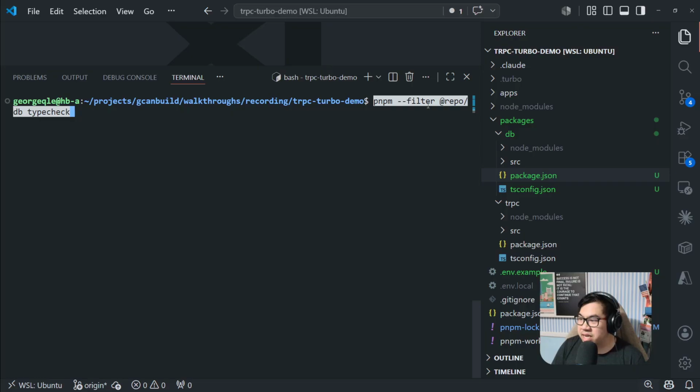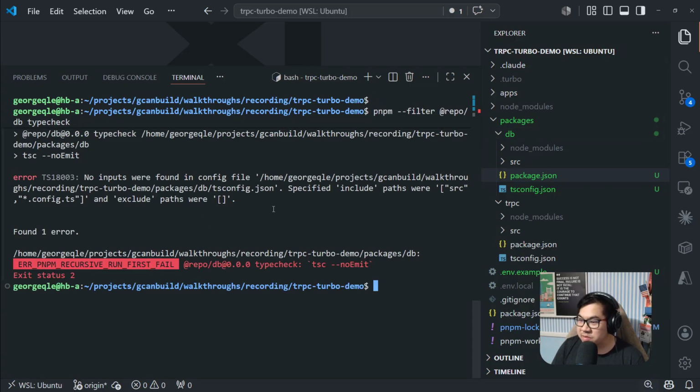This pnpm --filter @repo/db type-check. So we're just going to run that type check script. There's nothing in there, so there shouldn't be anything that's specifically wrong, other than the fact that we have include paths for these,